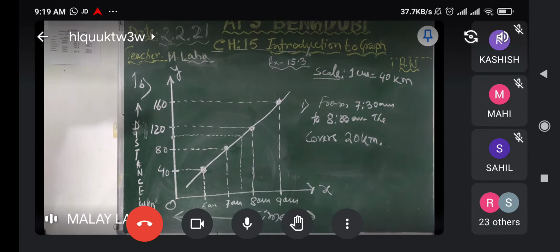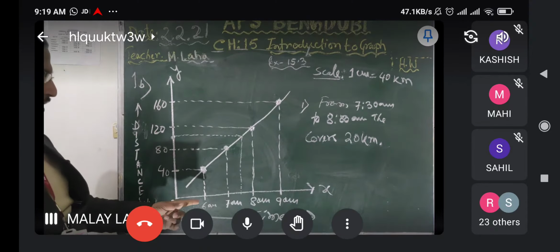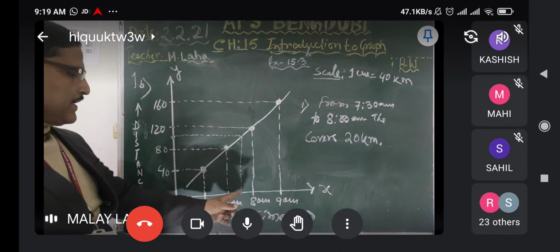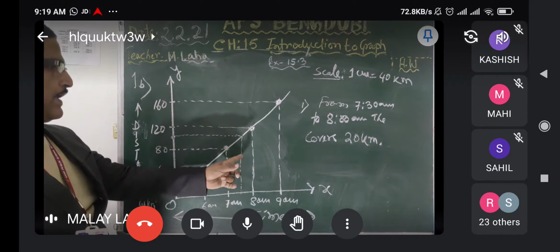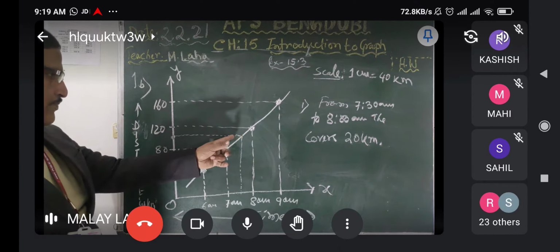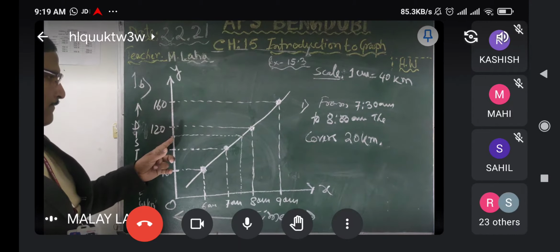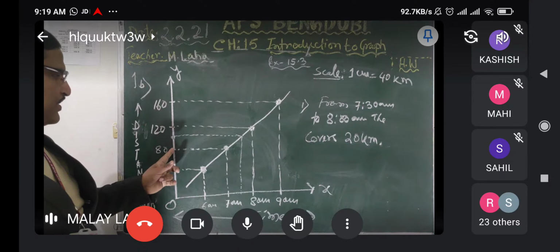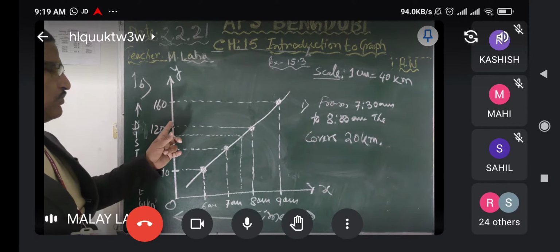You have to, this is the logic sense. 730 lies in between the 7 and 8. You have to draw a perpendicular line. It is touching here, and again from this you have to touch. So this is the position of 730, and 730 to 8, what is the gap? Total is the 40 table. Okay, if you divide it, it will be 20 for 730 and 20 for 730 to 8.